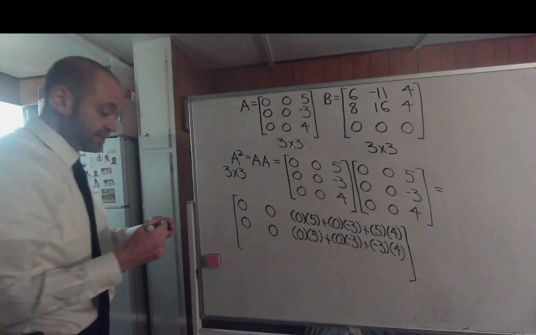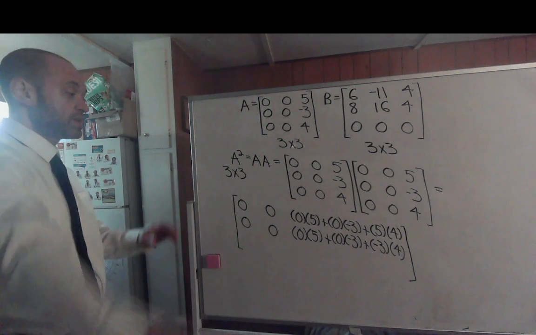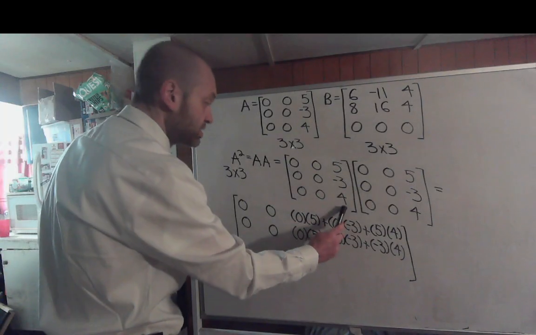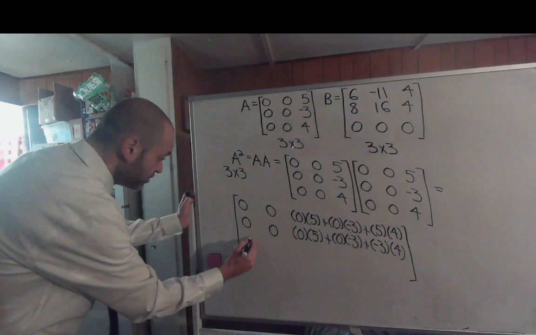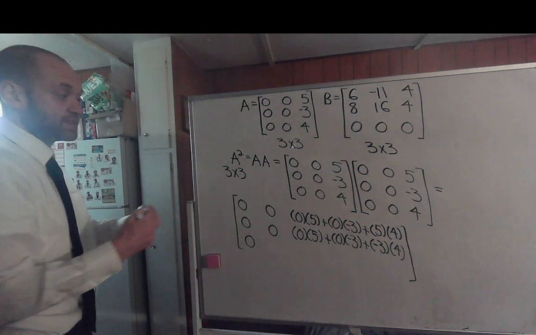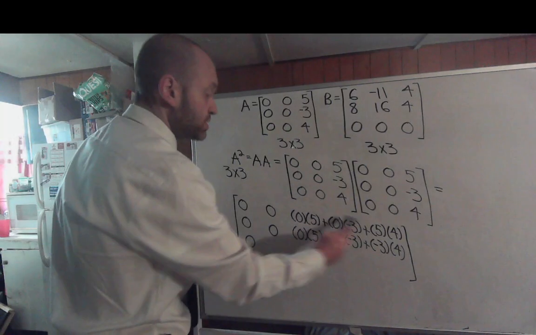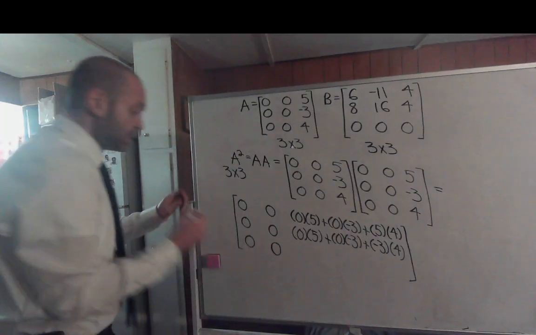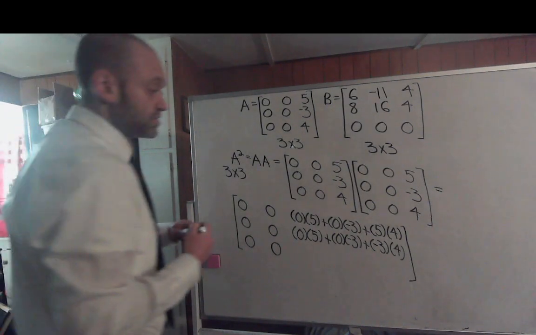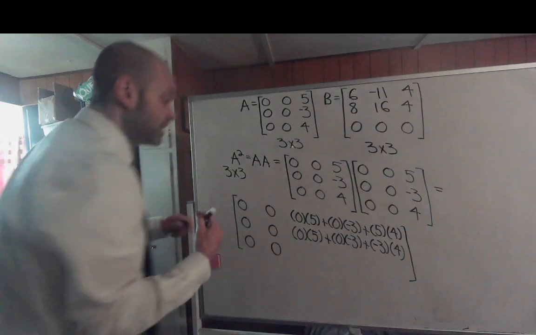And then let's get the third row. So take your entire third row times your first column for your first number. You'll get a 0. To get the second number, take your third row times your second column. You'll also get 0. But to get the third number, so we'll take 0 times 5